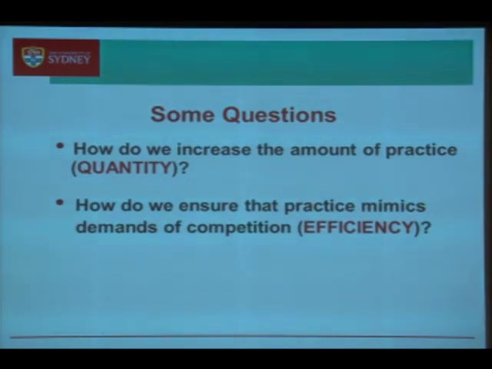Secondly, and most importantly, how do we ensure that the demands of practice mimic the demands of competition? I do a fair amount of work also with a lot of the Olympic sports in the UK, and I've been around a lot of the sports, and it still does surprise me the extent to which coaches spend a lot of time in drill and grid-based practices that don't necessarily mimic the demands of competition. I think the specificity rule is probably one of the strongest rules in science. If you want adaptations to occur, then your practice environment must mimic the necessary demands of match play.